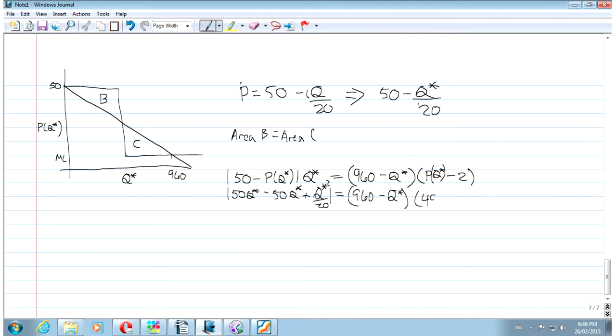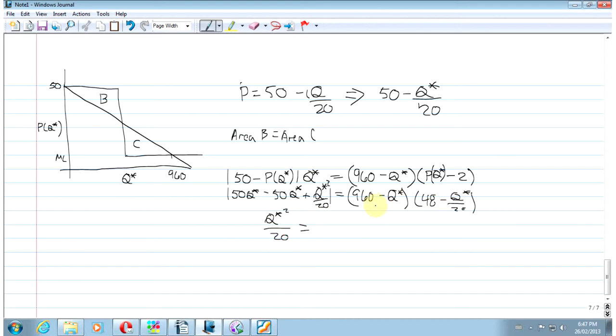So it's 48, like I said, minus Q star over 20. Just going to multiply these together to make it easy. I'm going to get these Q stars to also cancel out, so from this line I'm canceling out the 50 Q star. So this is just Q star squared divided by 20